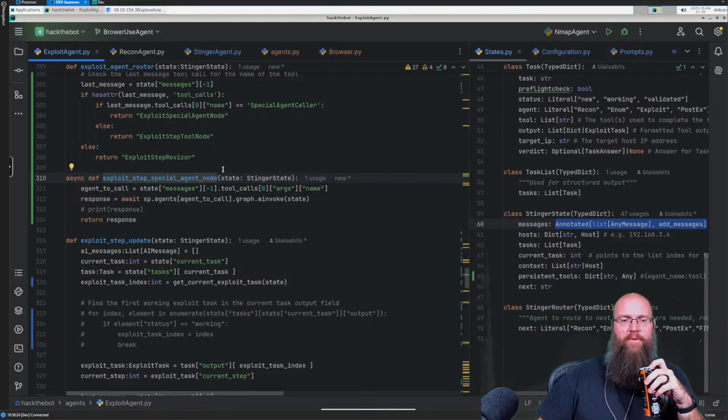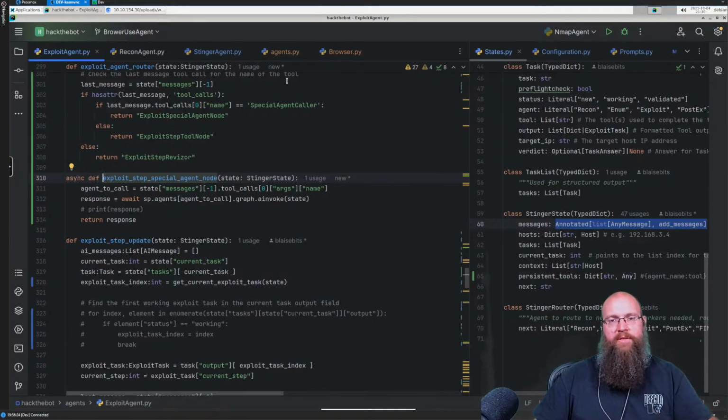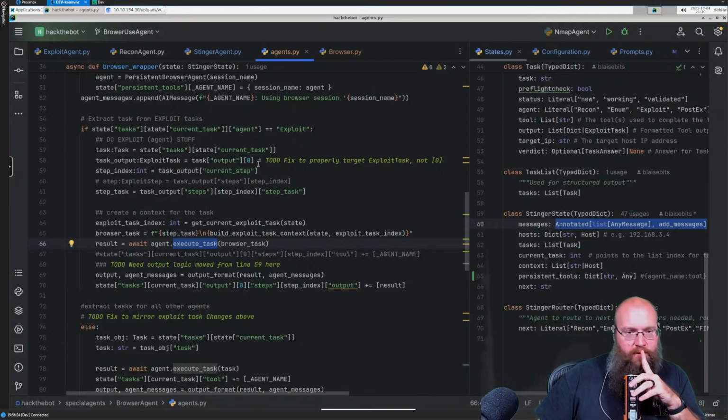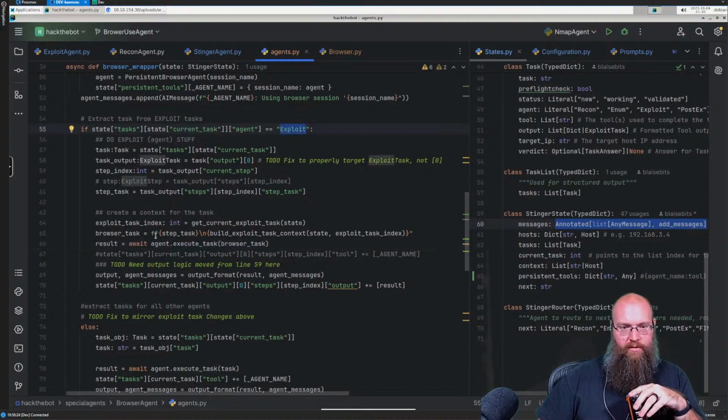All right, so when we get ready to call the special agent, what's happening here is we get our agent to the call, we execute it, and that's about it. Okay, so this logic, I stand corrected. It's not happening in the exploit agent. The context preparation is actually happening over in the actual browser agent code. So let's see here. If we're doing an exploit agent,